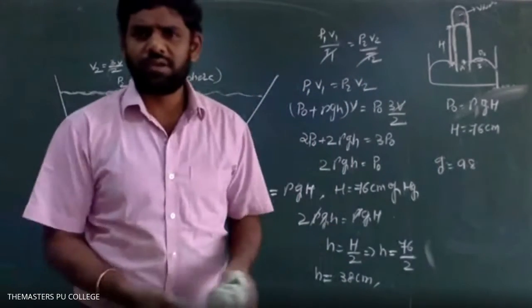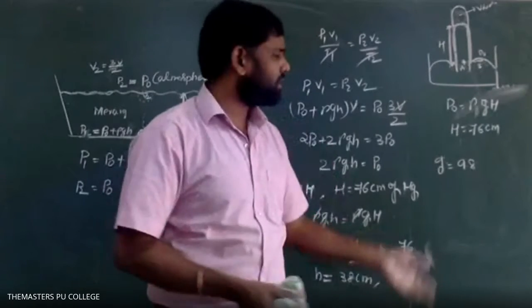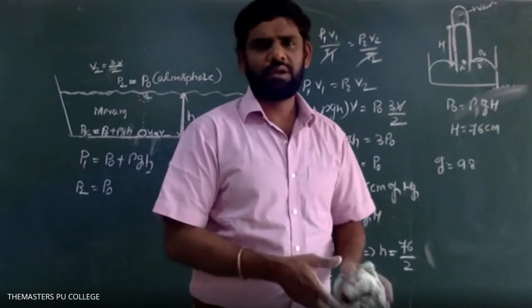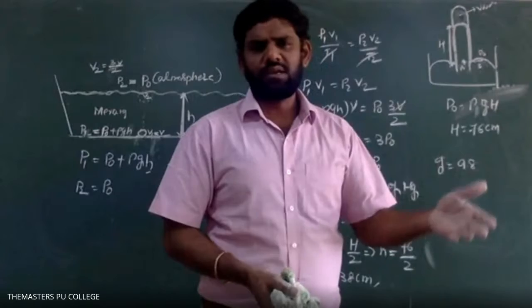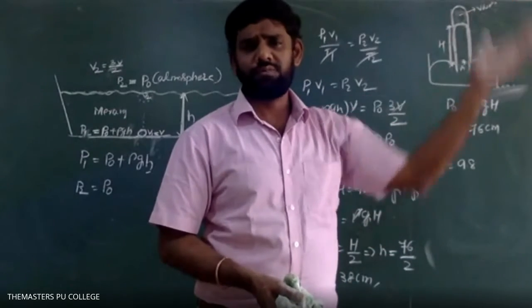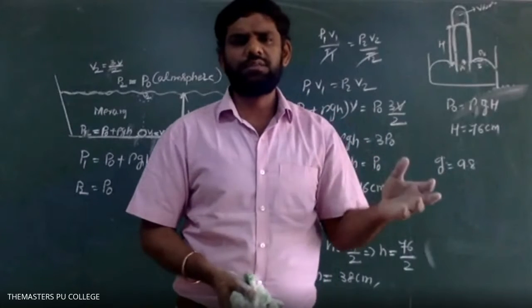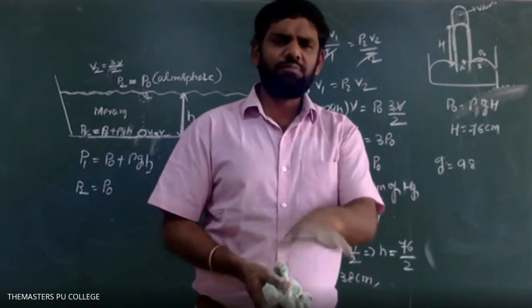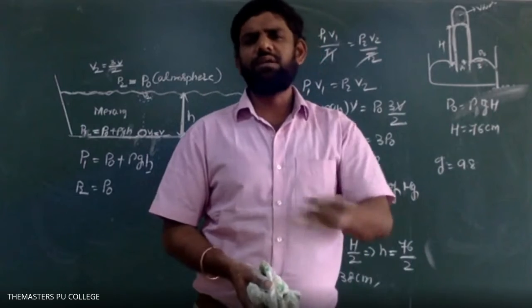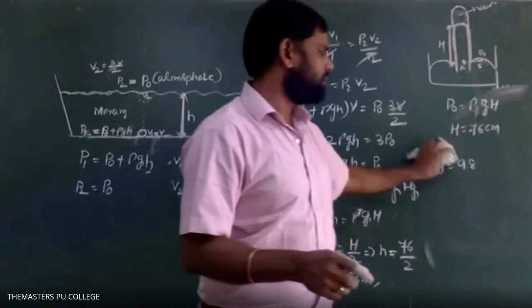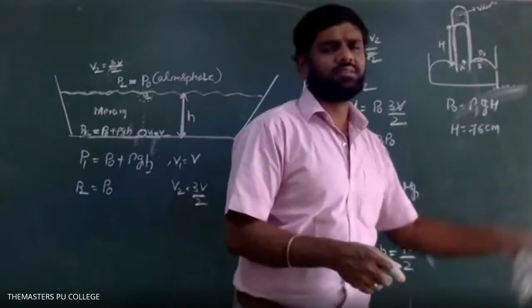Is it constant everywhere on the surface of Earth? No, sir. It's the average value. Similarly, 76 centimeter is the average approximation. Earth has mountains and all. On mountains the pressure is different. Below the mountain, pressure is different. At sea level, the pressure is different. Similarly, different places on the surface of Earth are not at the same height. That's why the pressure is also slightly different, but the average value is 76 centimeter.